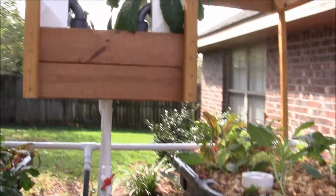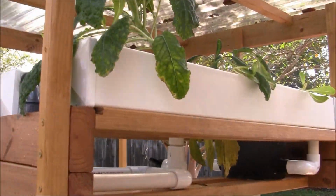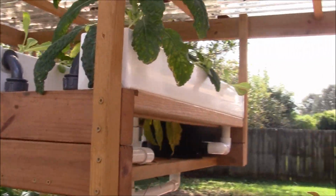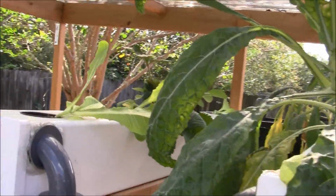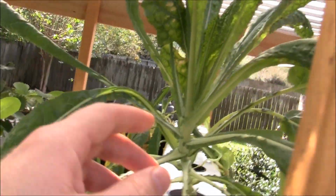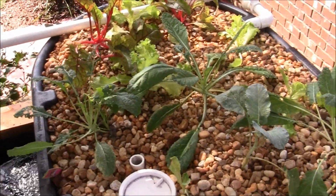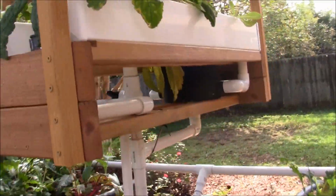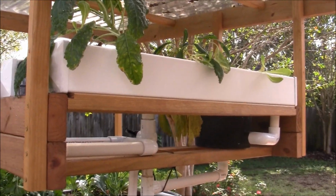My plants up top are doing great, and my little hybrid system I got going here, it's an NFT, but it's a flood and drain NFT. Prototype brought to you by me. So far the kale that's up here is doing way better than the kale in the beds. I assume it's because it gets a lot more air and a lot more fresh water flow with nutrients being brought to it, because I think it cycles about every 2 minutes or so,